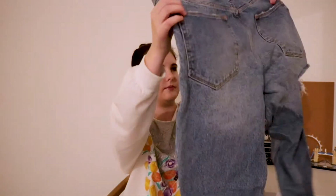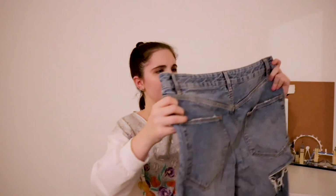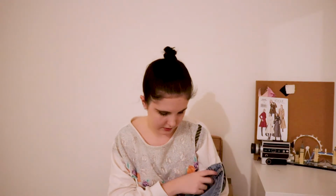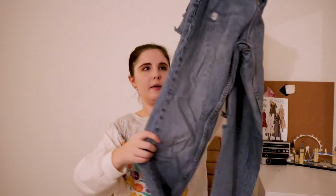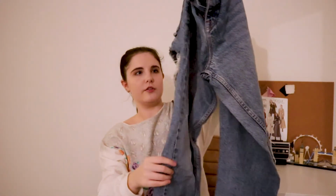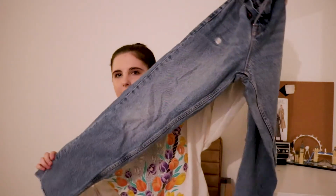Next, I have this pair of denim jeans. Just a classic. I think these are men's jeans. They're ASOS, which is always a good sign. They're just a light wash pair of jeans. They have some rips in them, rips in the back, rips in the front, rips all over the shop. So that will definitely come in handy, and some